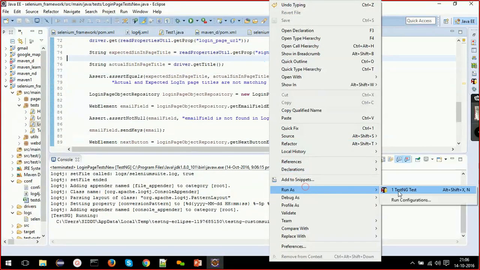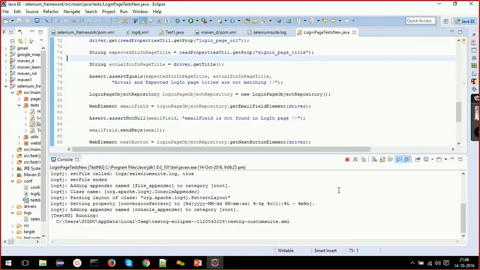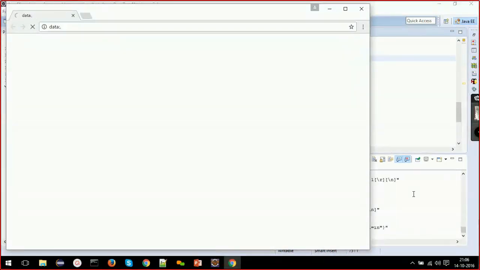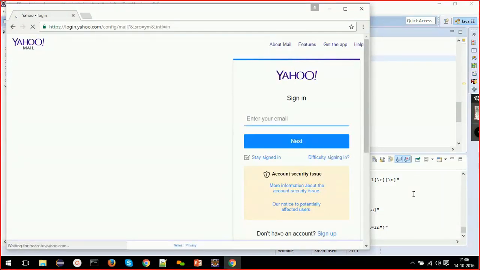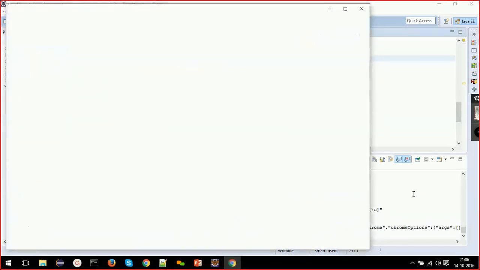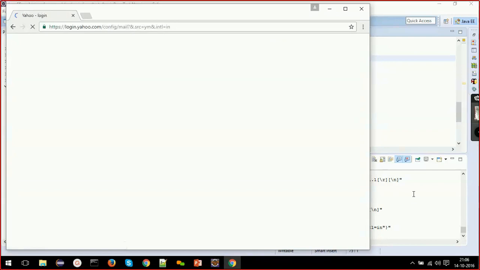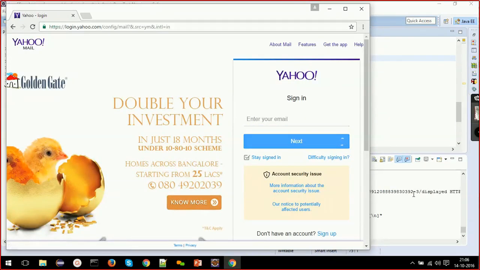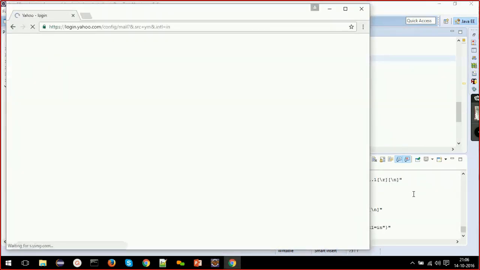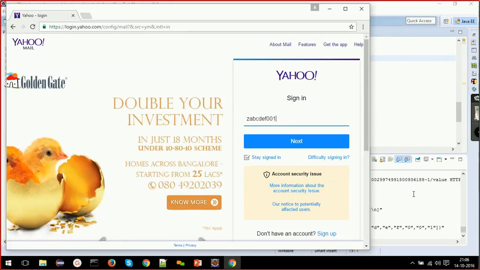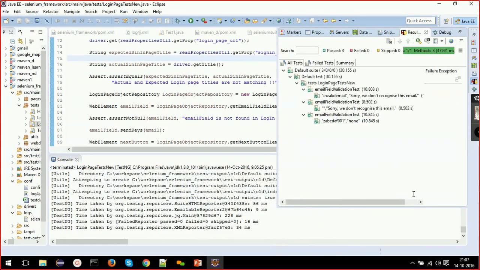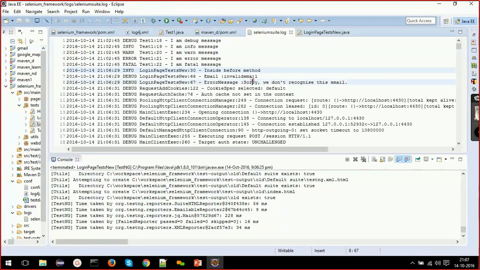I'll run it. So the same test case is getting executed 3 times, because by using the data provider we are passing 3 sets of data. So if I go to this log file, see,